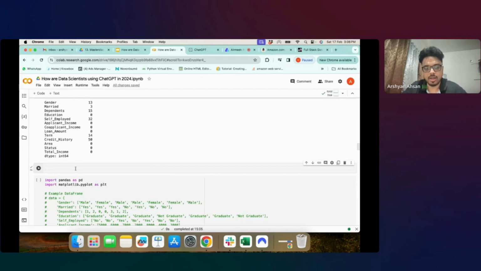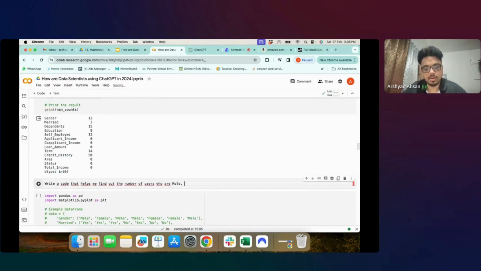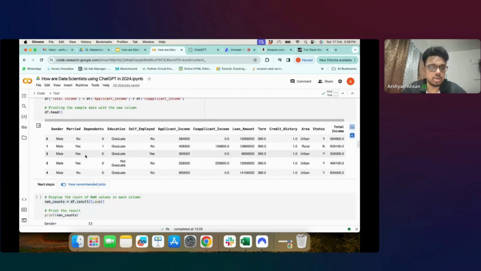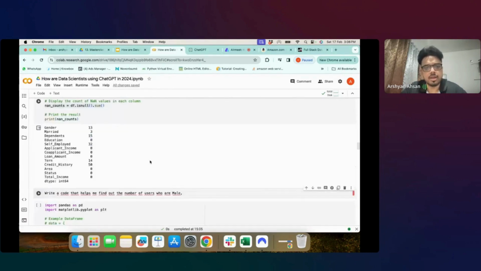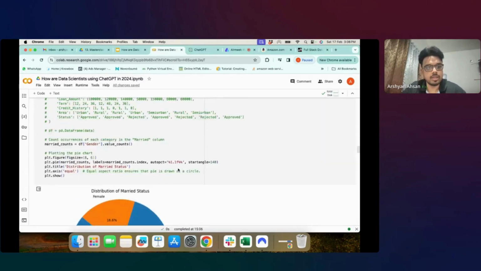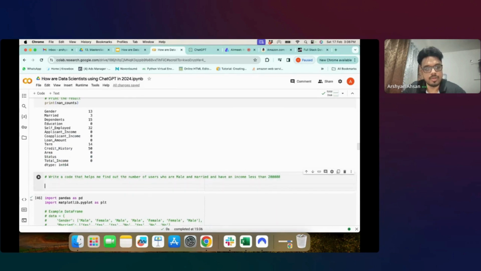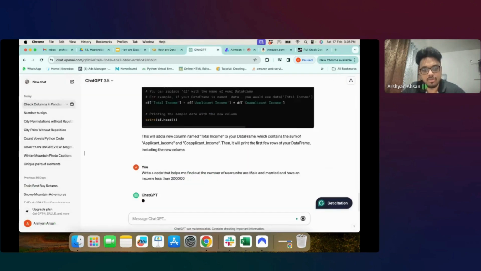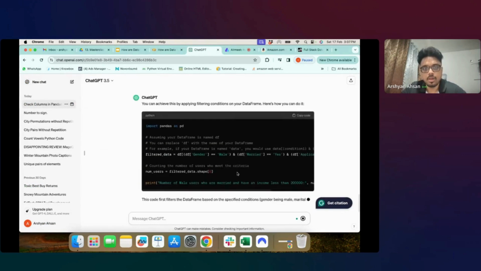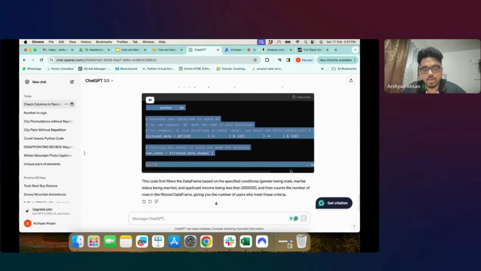I'll essentially ask ChatGPT to write a code that helps me find out the number of users who are male, और दूसरा हमने क्या अज्यूम किया था, आर मेल एंड मैरिड एंड हैव एन इनकम लेस देन 2 lakhs। ठीक है, चलो इसको अब देखते हैं कि हाउ चैट जीपीटी इज एबल टू फिक्स दिस, या फिर वेदर इट इज एबल टू गिव मी अ आंसर फॉर दिस या नॉट। सही है, उसने मुझे कोड रिटर्न कर दिया है।